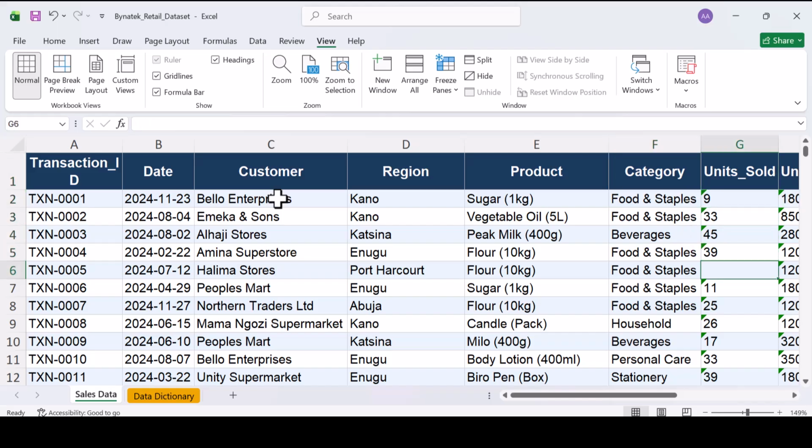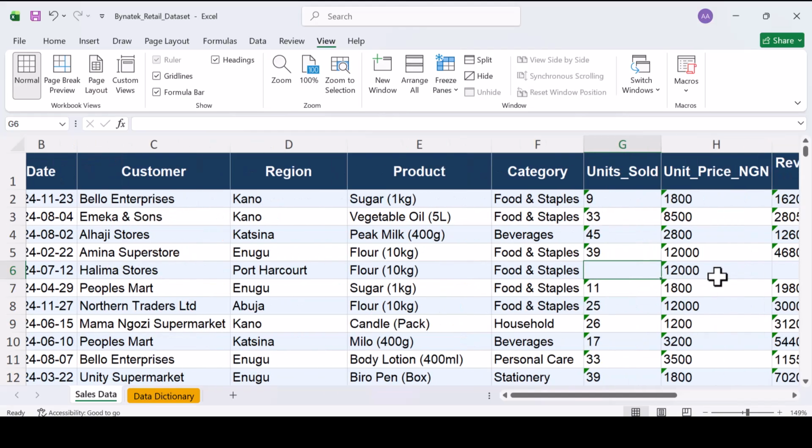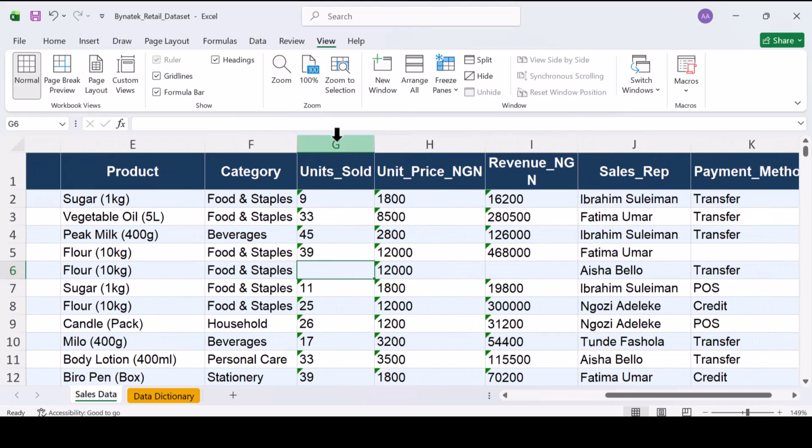Yeah, so by just looking at this, you can see that the column for units sold, which is column G, has some blank cells. Some cells are blank there, right? You have some blank cells. It means it's missing value, and which is actually one of the most common problems you deal with as an analyst. While entering the data you've been given, some values are missing. You get to decide, is it vital to your analysis, or what are you going to do about that missing value? Yeah, so